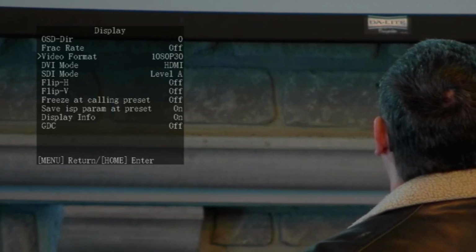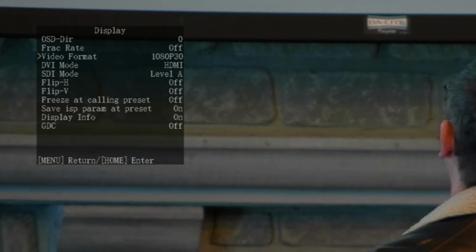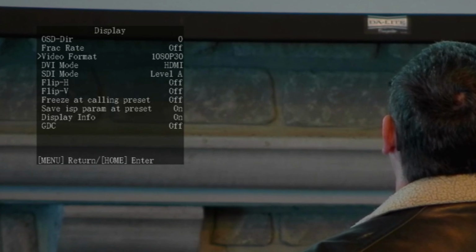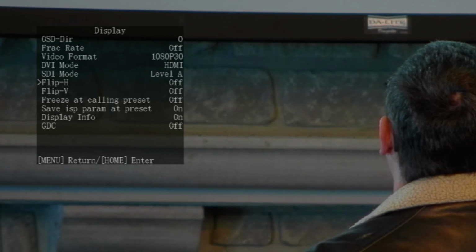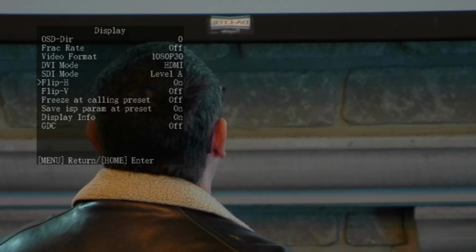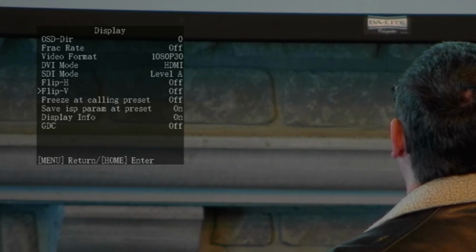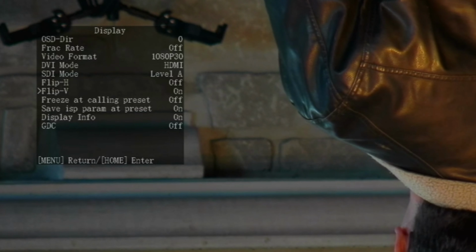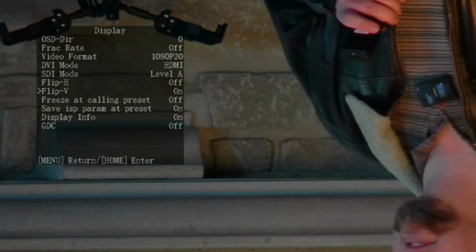I'm gonna actually enter at the 30 frames per second because I don't use the 60 frames. Is that gonna change it? Oh yeah, and if you're gonna hang the camera upside down, flip horizontal, flip vertical. All right, so there's a setting. So if you're gonna have the camera upside down, you wanna change the